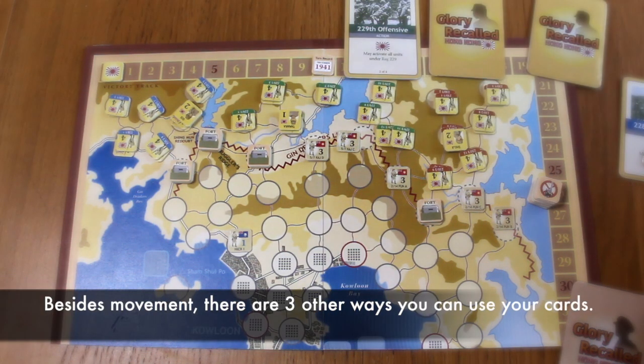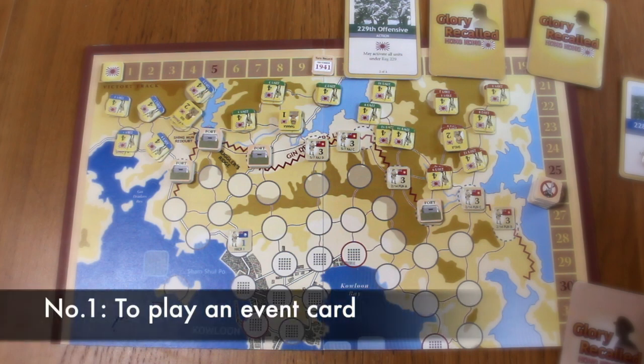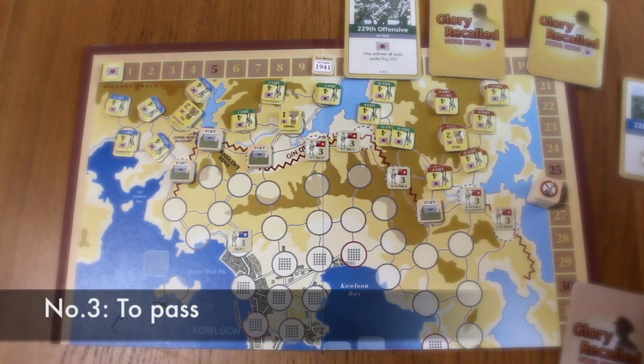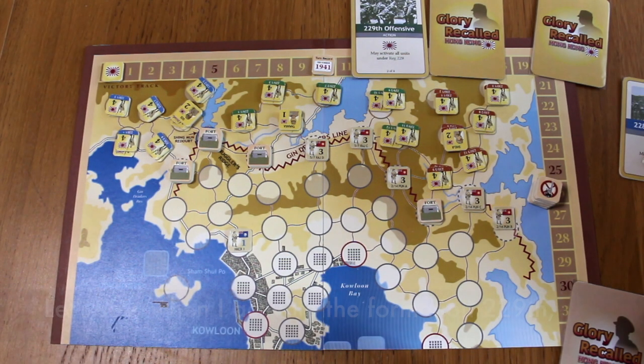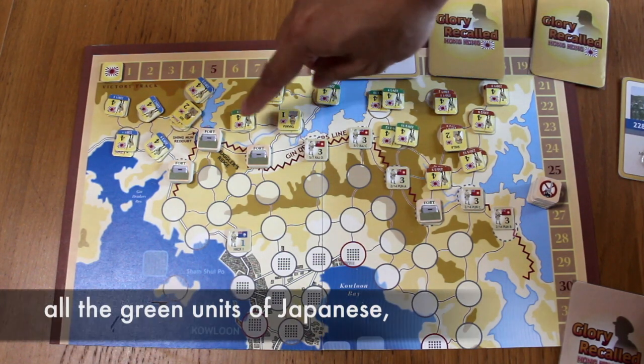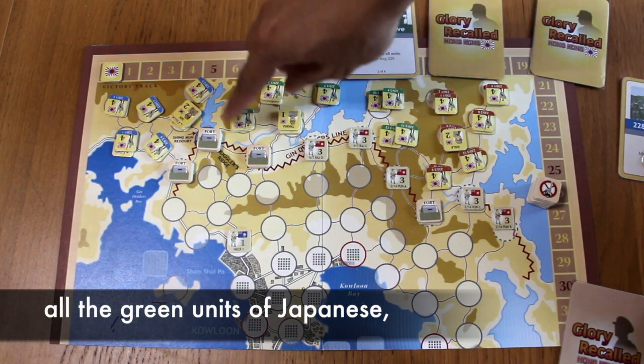Besides movement, there are 3 other ways you can use your cards. One is to play an event card. The other way is to play a card and rally 2 units that are adjacent to your leader. The third way is to pass. Let's say when I activate the formation 229, all the green units of Japanese,